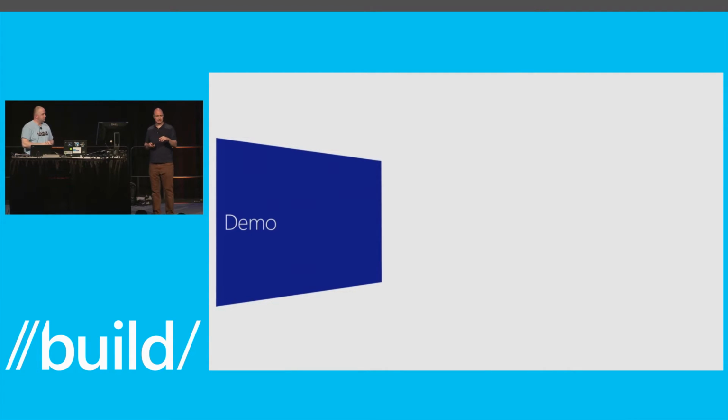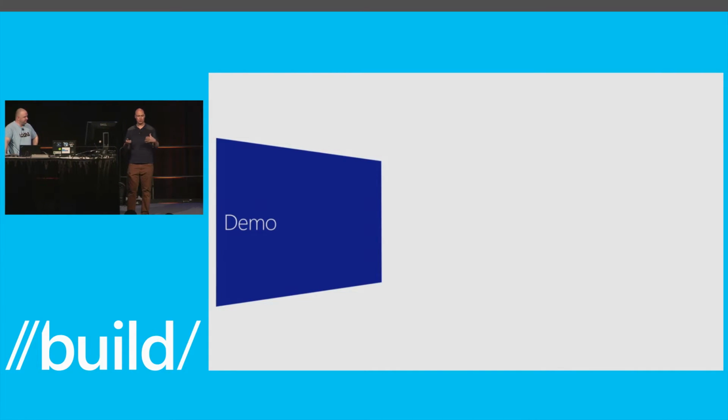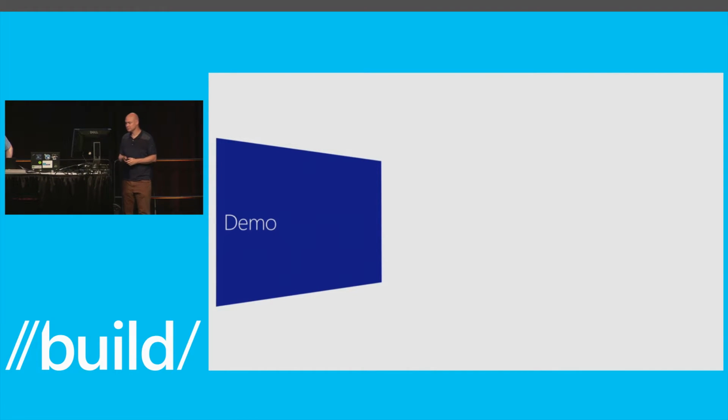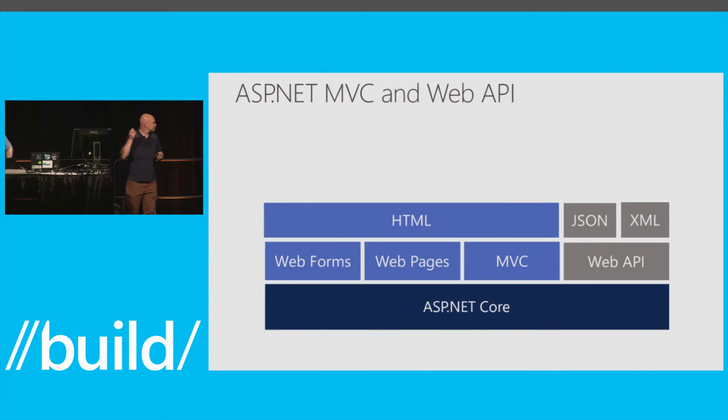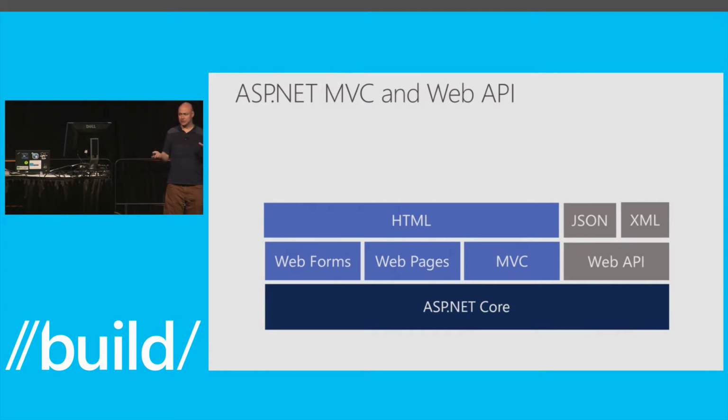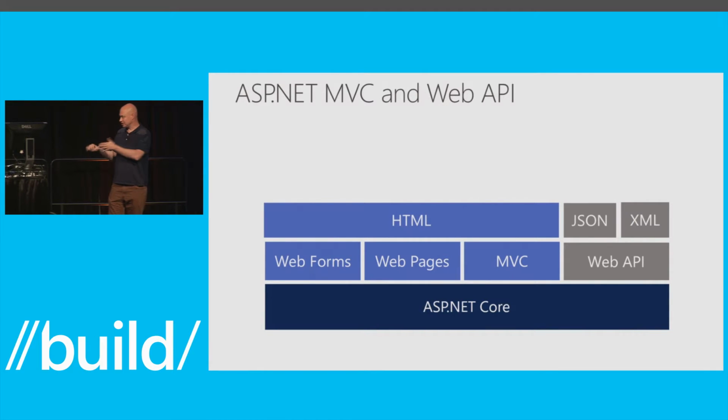Tomorrow, pay attention in the keynote. The web part of the keynote, we're going to be showing a really cool demo. It's an AngularJS app, and we've got a few custom directives in there. So all the cool front end stuff you're seeing is actually done in a few directives we wrote. So it's pretty slick. So let's talk about how Web API fits in and solves this problem we're seeing